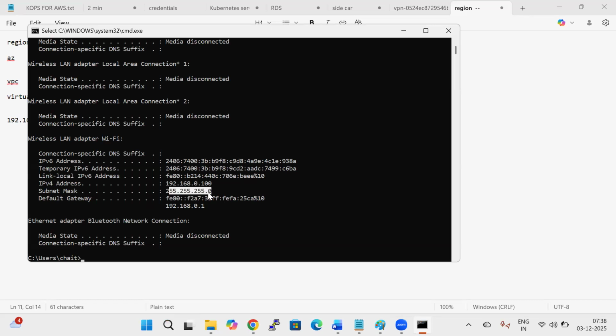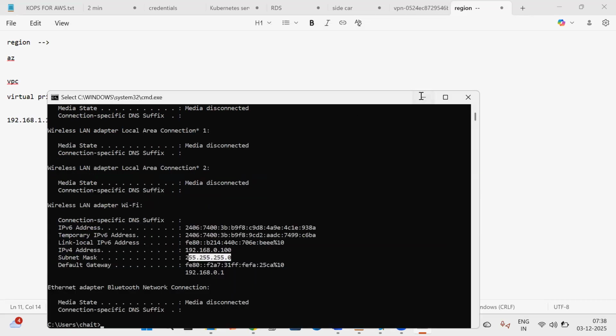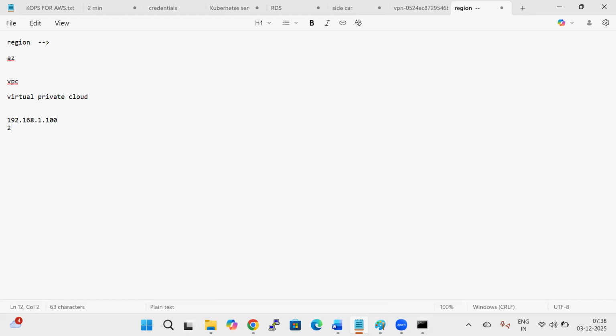And the subnet mask is 255.255.255.0. So what is this 255? Subnet mask will tell the IP address what is the network portion and what is the host portion. Network portion and host portion, these are different concepts. So here, if you convert this 255 into binary number format, you are going to get 8 ones